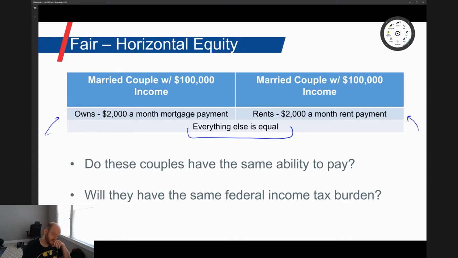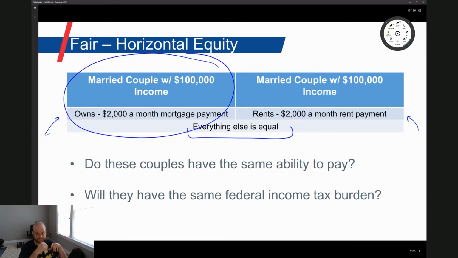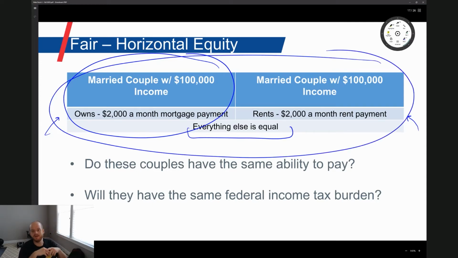But actually, home ownership creates a lot of additional burden. If you remember the very first lecture video, I showed you a snapshot of the property taxes that I was paying. So first of all, I'm paying property taxes that, if I were to rent, I would not be paying. Even though everything seems to be identical between these two sets of individuals, the fact that one is a homeowner means there are some additional hidden costs that might not be apparent at the surface level. So these two don't even have the same ability to pay.